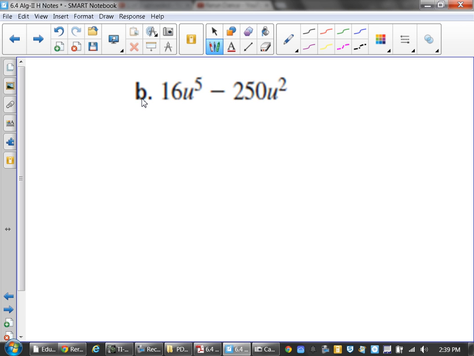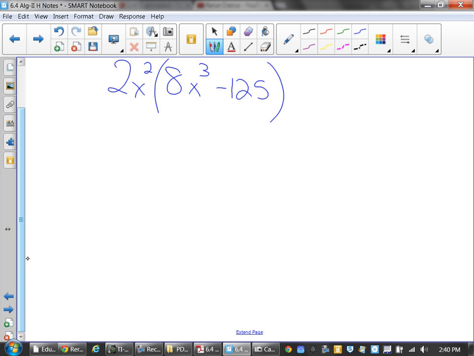Wait, what'd you factor out? 2y squared. Or x. That makes sense, yeah. Is it the end of the world that I switched it to an x? Now, in this case, that 2x squared, once again, is just going to come along for the ride. Okay? So you have 2x